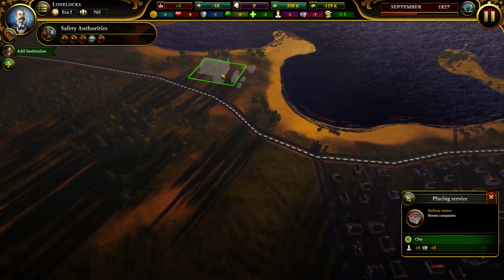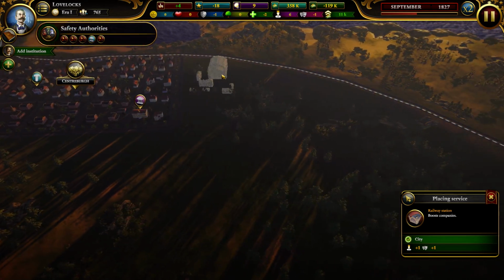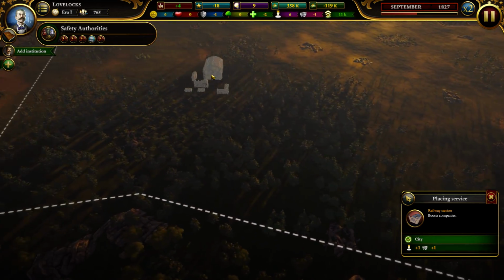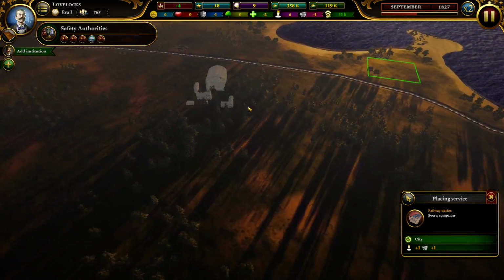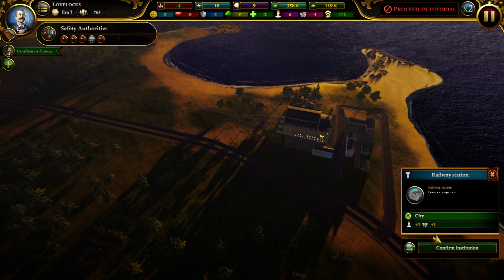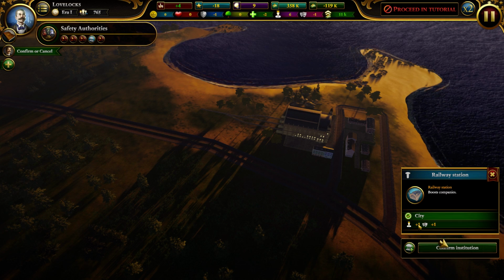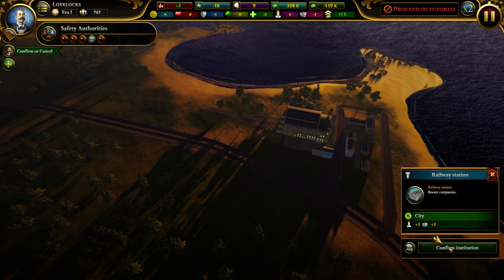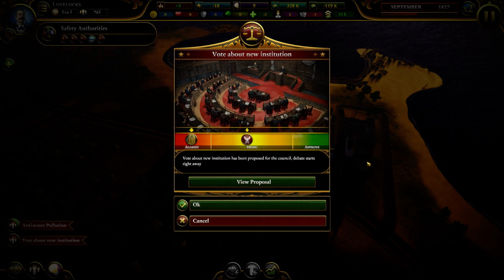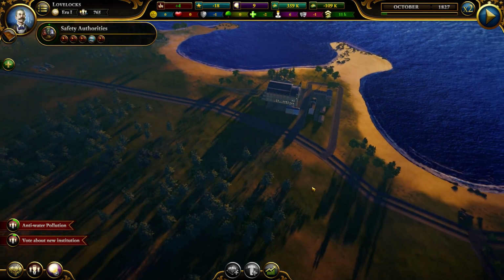God, I don't know where this goes. Oh, it's suggesting to put it over there. Do I have to place it there? So we have no choice. It doesn't cost anything? Oh, man. Why is everyone against this? Because we can't afford it, I guess. Wow. Okay, well. That's gonna fail miserably.